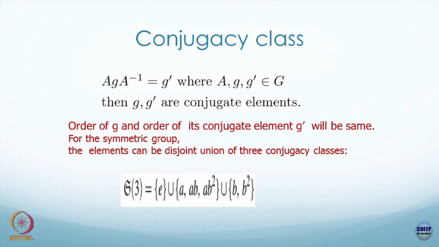Different groups will have different numbers. If it is an abelian group, how many conjugacy classes will be there? If it is an abelian group, what happens to the statement? All elements are self conjugate. So, the number of conjugacy classes is also the order of the group. The number of conjugacy classes will only change if you are looking at non-abelian groups.